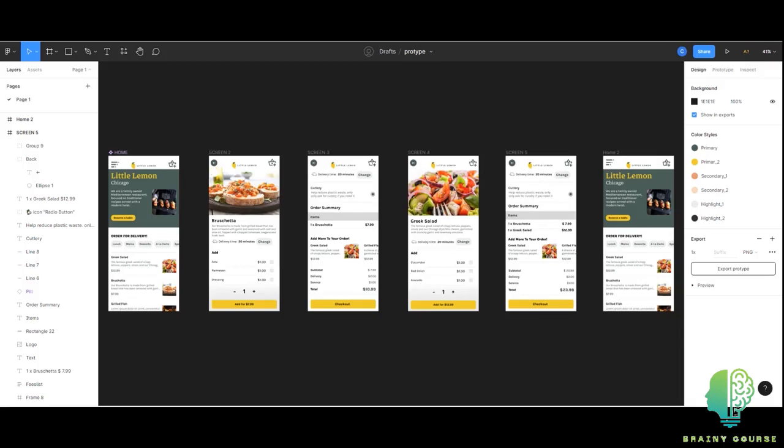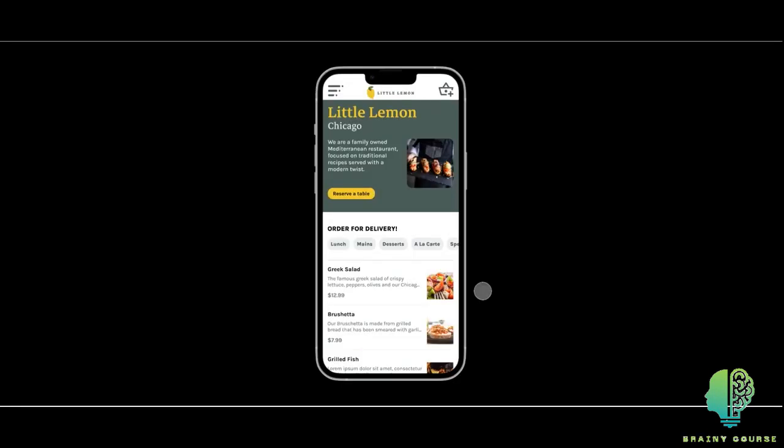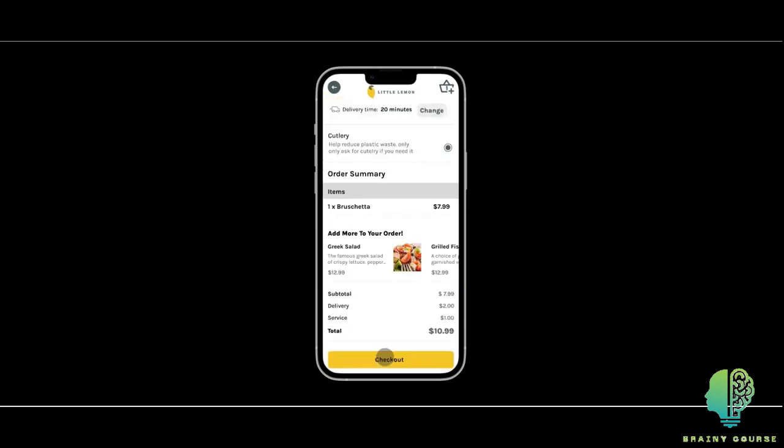I want to test some of the functionality, so I developed a scenario using Tilly, our persona, and I generated her user flow. Tilly is hungry after a long day at work. She opens the Order Online option on the Little Lemon mobile version of the website. Initially, she is not sure what she wants to order. She sees the bruschetta and wants a bit more information, so she taps on the bruschetta. This provides her with all the details she wants and options to customize it. She decides it's good just the way it is and adds it to her order and is given a summary